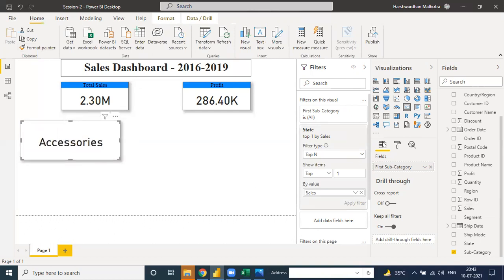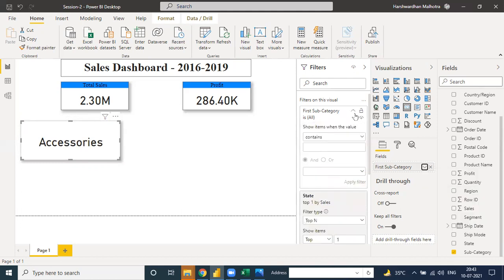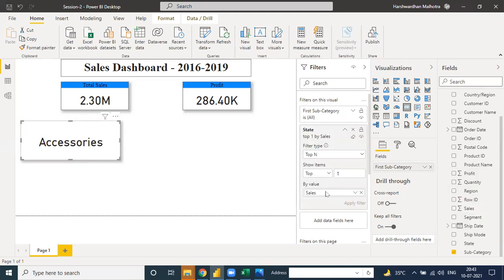Accessories is the highest number of sales, and you can also write here subcategory, top one item, and on the basis of sales, when you apply those filters, it will show the highest number. Harsh, yes, I can hear you. In show items, you just take the one. Can I take two, three, or five?